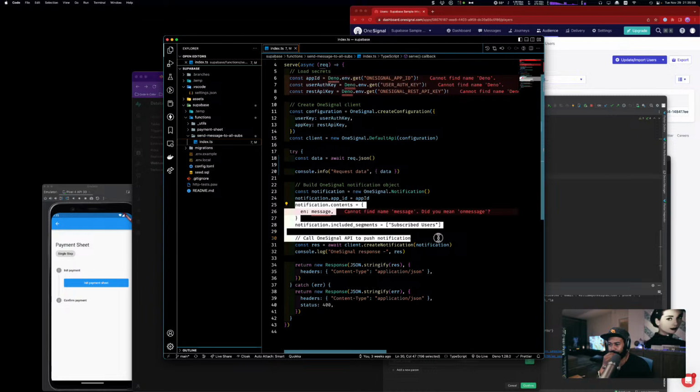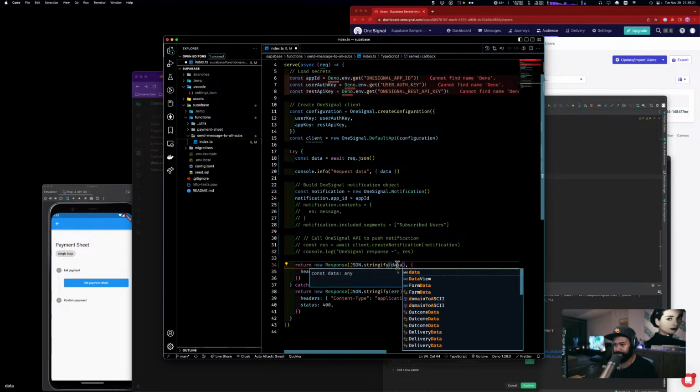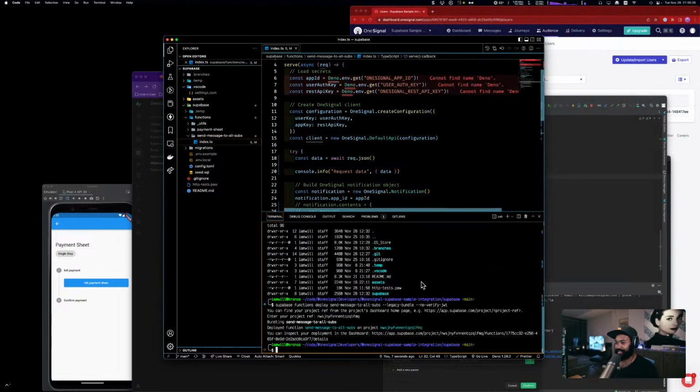And instead of sending off the notification, which is what I was doing before, I am just not going to do that. I'll comment these things out, and what I'll instead do is just stringify whatever data is. The reason I'm going to do that instead of just relying on this log here is that I have low trust. That's the short answer. So if the logs don't get written, I can at least see the response, which would just be the request. So I'm going to go ahead and deploy this to Supabase. You know what? Actually,